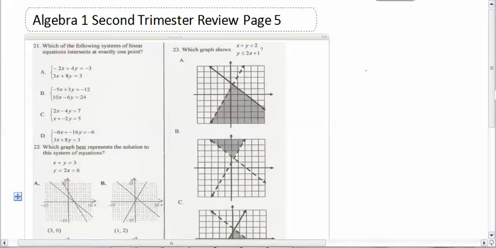Okay, now we're going to do the second half of our Algebra 1 second trimester review. We're going to start with problem 21, and it says which of the following systems of linear equations intersect